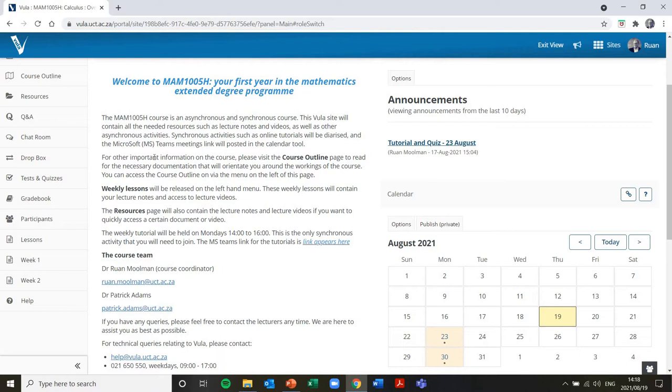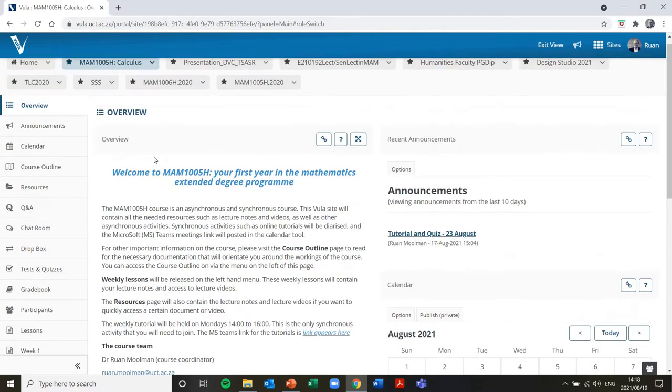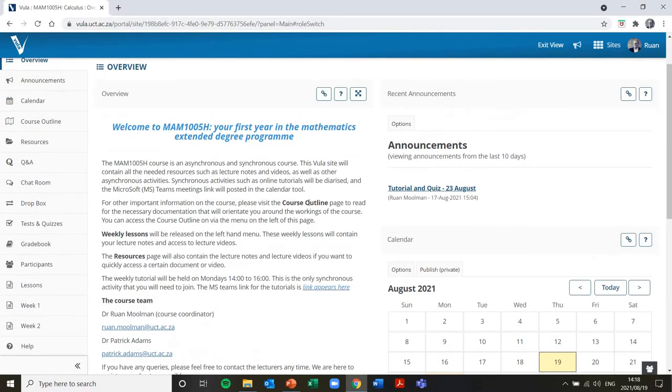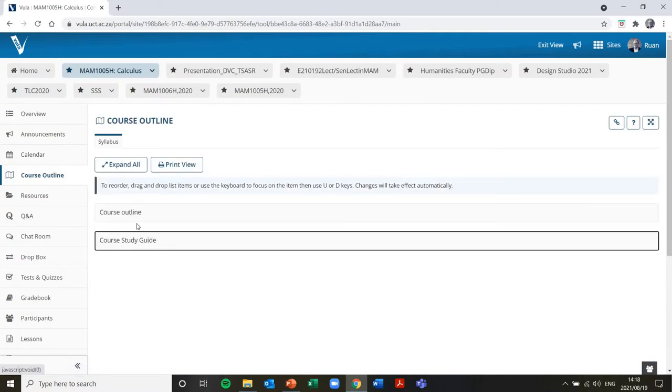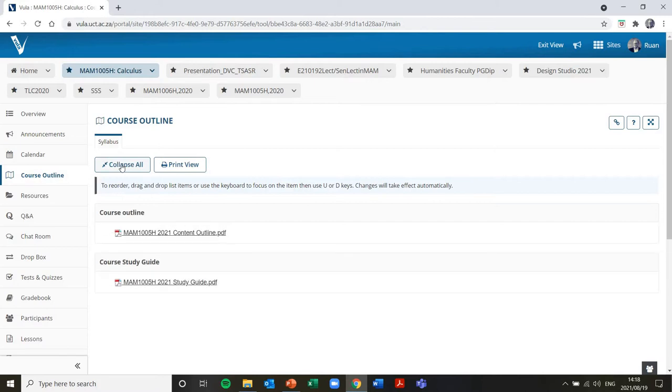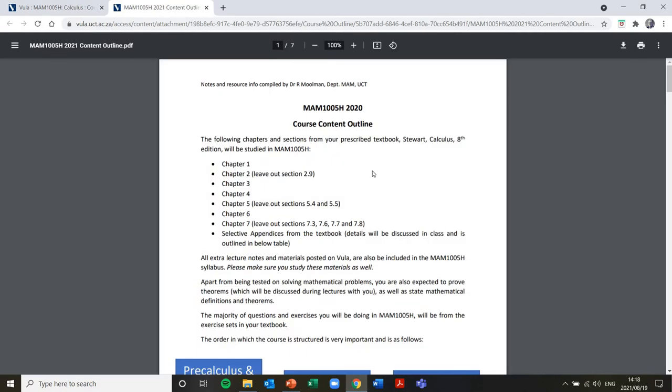Firstly, for the student, when they start accessing this Vula page of a course for the first time, they need to visit the course outline page to read the most important documentation that will orientate them around the workings of a course. They can access the course content outline on the left-hand side here, just by clicking on it. There's a course outline and a course study guide. Just press expand all, and then they can click on the content outline